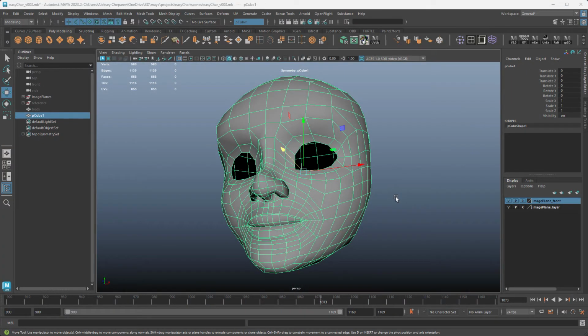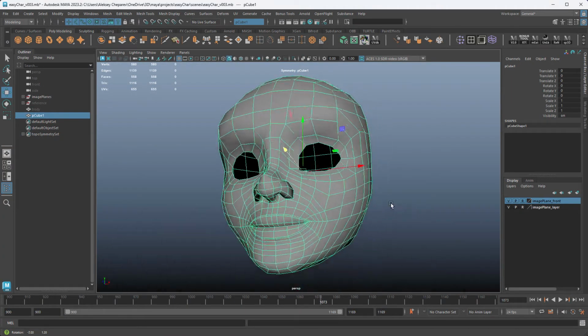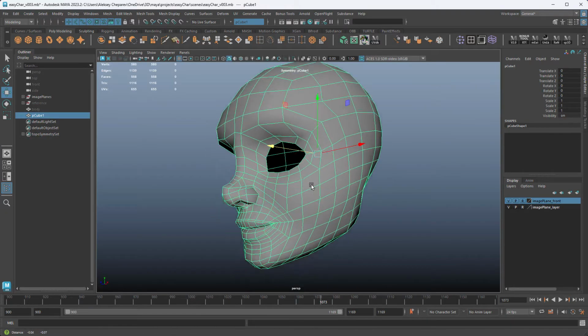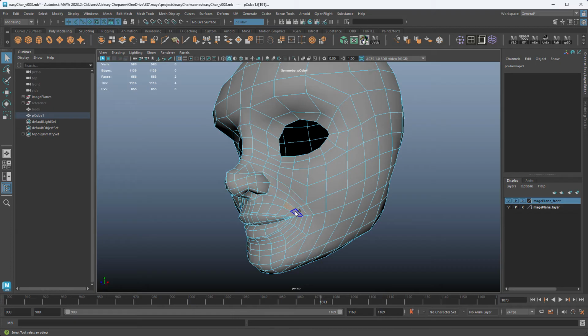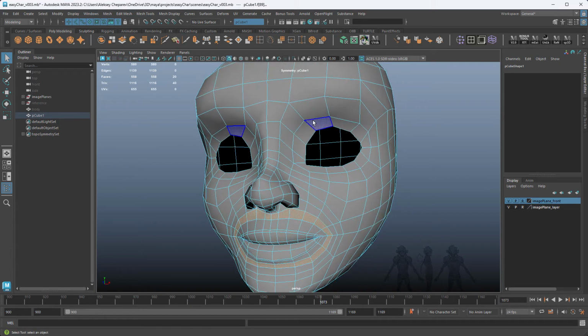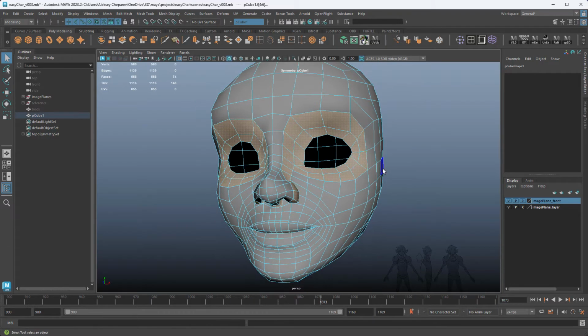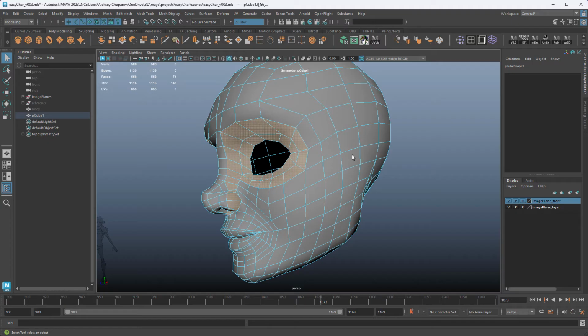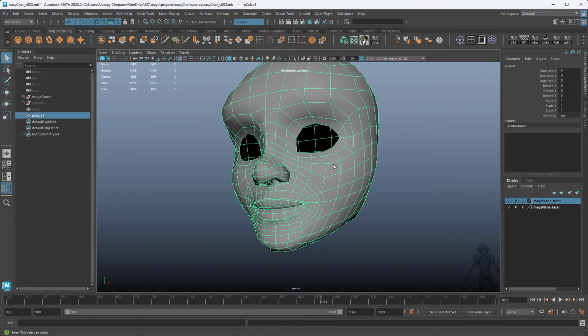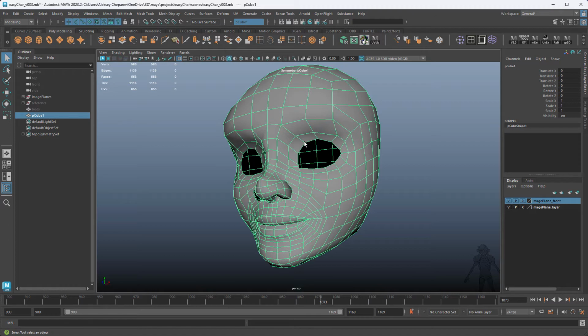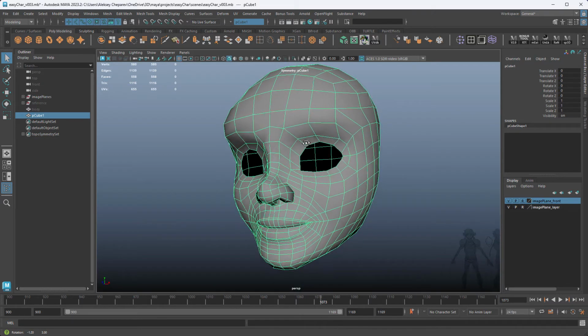After some noodling, I'm pretty happy with where we ended up. The topology looks pretty good. We have smile line here. We have good topology around the mouth. We have loops around the eyes. We don't have as many as we need, but that's okay. Because the next part, what I'm going to do is some sculpting. I'm going to do it within Maya. You can take this to ZBrush, you can take it to your favorite sculpting application, but I want to do it in Maya.